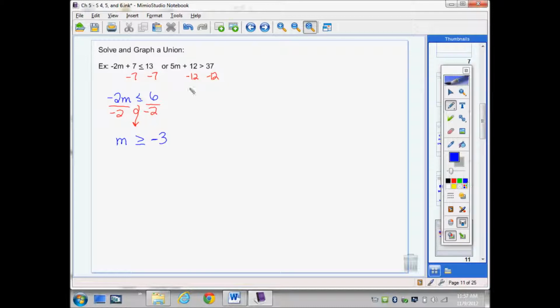And then I get 5m is greater than 25. Divide by 5. And I get m is greater than 5. Now remember, there's still an or in there. So what we have